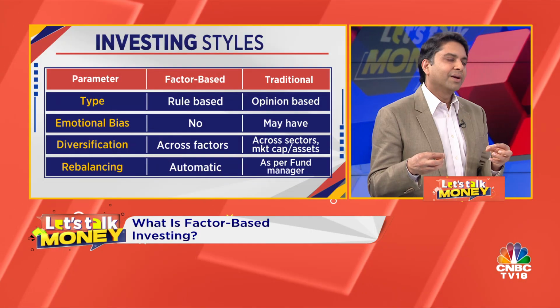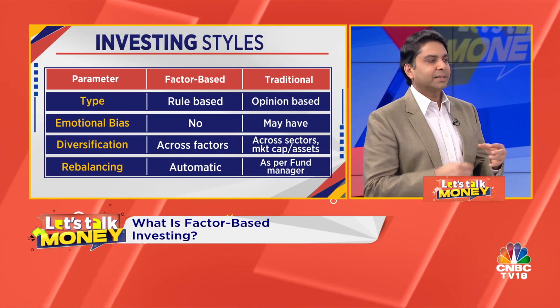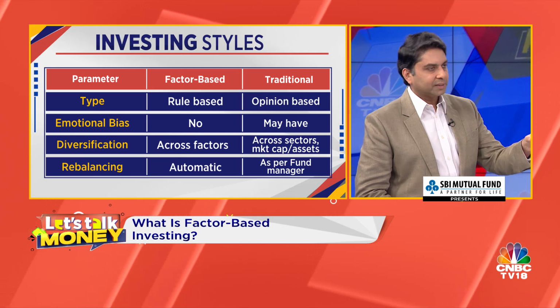So, Surabhi, Pradeep has very nicely articulated what factor investing is. Assume you're an investor. Now, you say that I have low volatility as a requirement for my investments. You are very clearly saying that, look, I want to invest into equities, but I don't want to invest into high volatility-based companies. So what you can do now is pick a factor fund which has that factor, the filter that we're talking about, low volatility. So you are satisfied to that extent that your investment is going into those companies which are low on volatility.